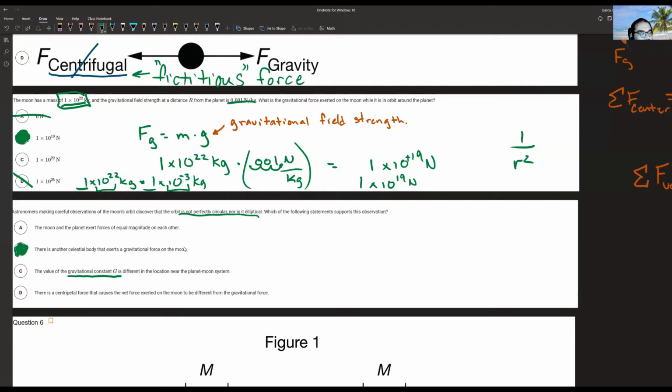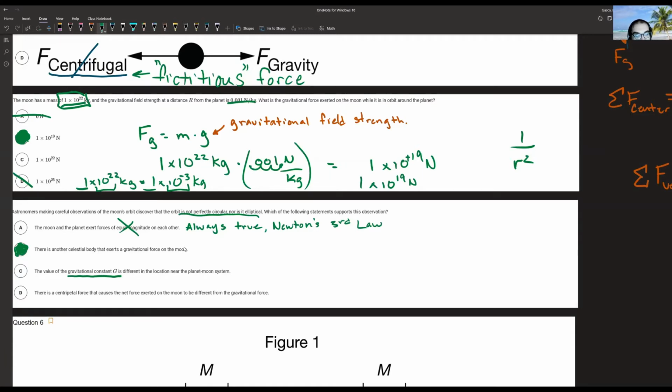The moon and the planet exert forces of equal and opposite magnitude on each other. This is always a given. Whether its orbit is circular or elliptical, this is always true. Newton's third law. These guys are an action-reaction pair. Okay. There is a centripetal force that causes the net force exerted on the moon to be different